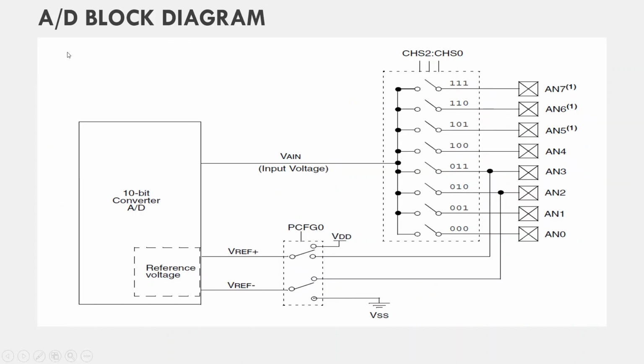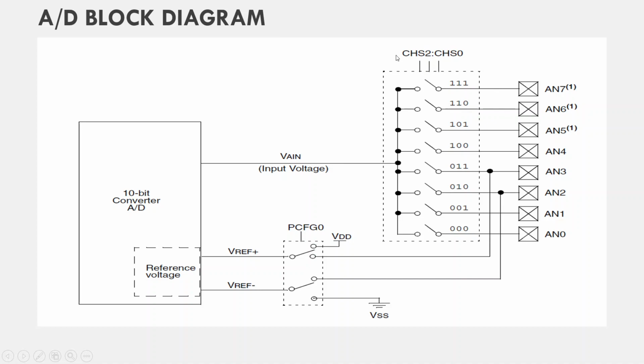This is the simplified block diagram of the analog to digital converter, where these are the input channels. AN2 and AN3 channels are multiplexed with the reference voltage to this ADC converter, and this is a single ADC which is 10 bits wide, meaning the resolution of the ADC is 10 bits, and the input of this is multiplexed with this multiplexer.